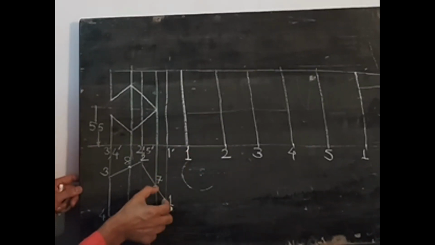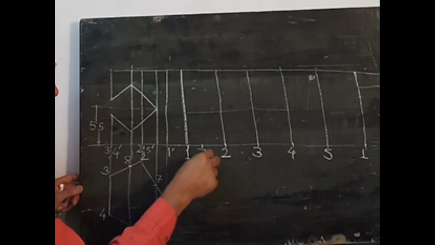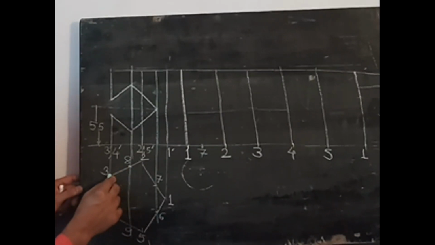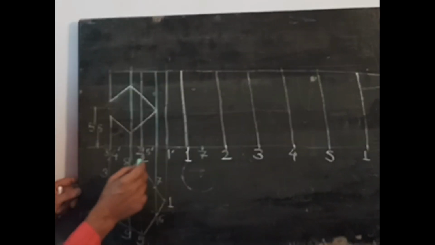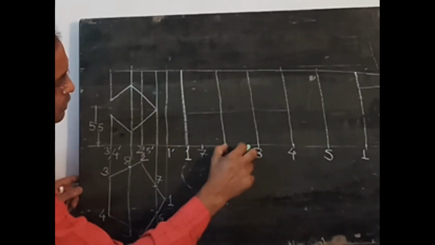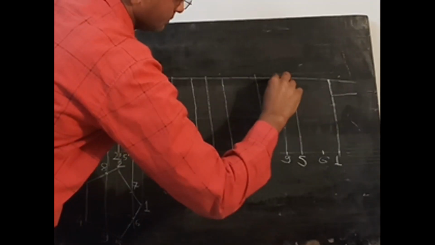So from 1 towards 2, take this much distance in compass. So this is extra edge 7. Likewise, 2 to 3, take distance to 8 in compass. So 2 to 3, this much distance from 2 to 3, this is extra edge 8. Similarly,